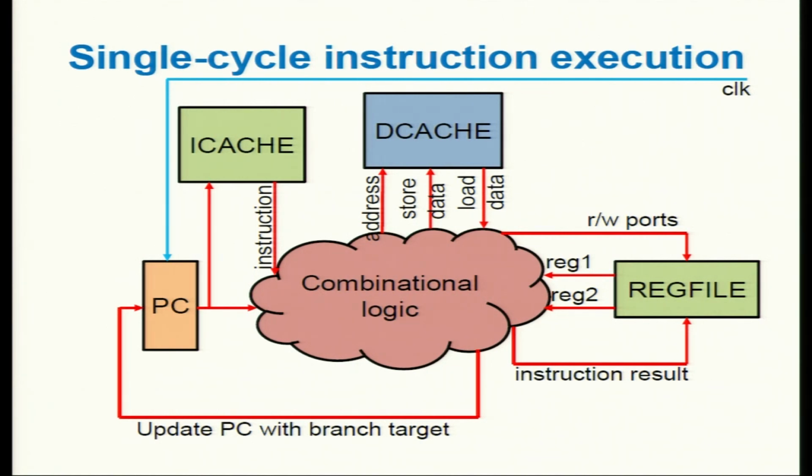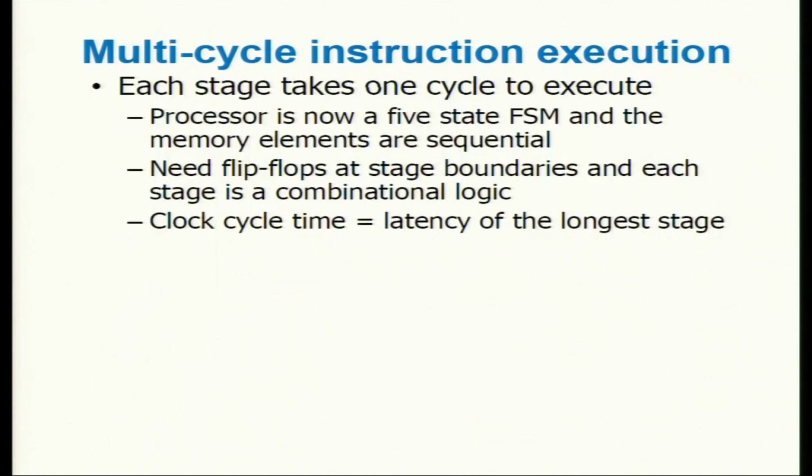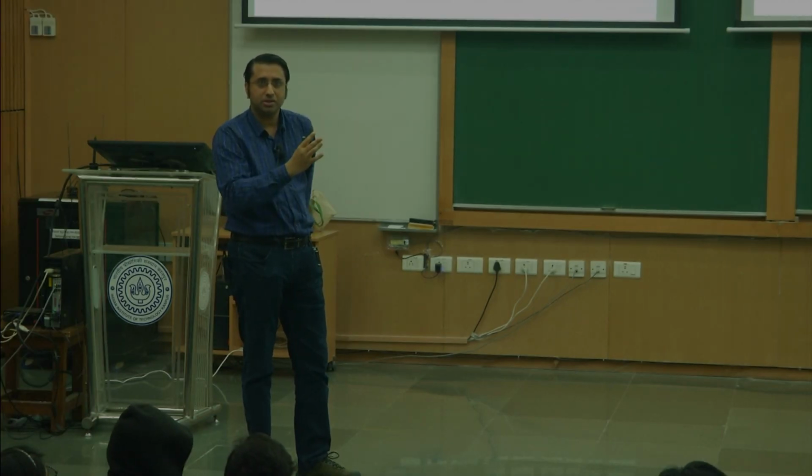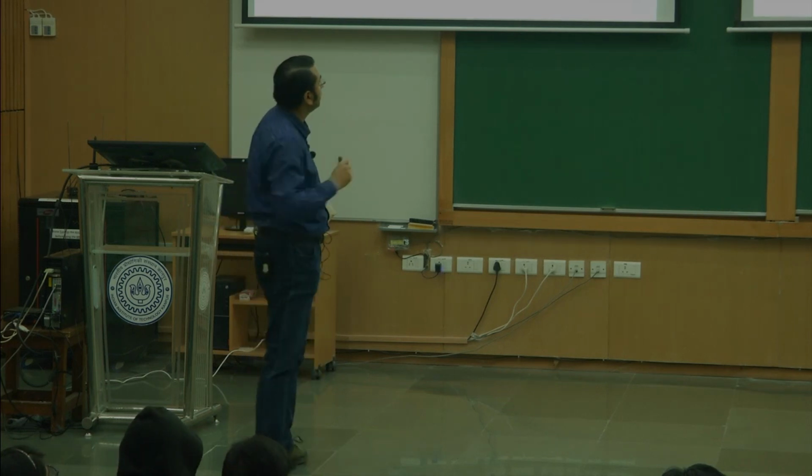And if you have a branch instruction, you may have to update the program counter using the branch target. So this is roughly what the processor looks like. Most of the complication actually goes into this piece of cloud. If you try to look at the performance of this machine, each stage takes 1 cycle to execute. That's what we have assumed. So a clock cycle comes, the program counter changes, a new instruction gets fetched, it gets executed and so on.